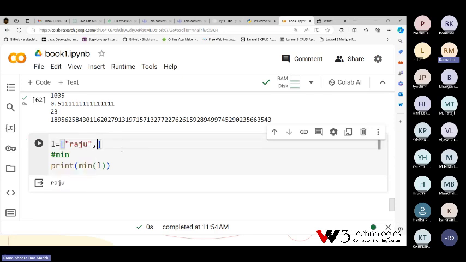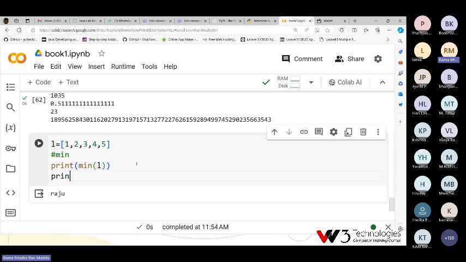If I give Raju, comma, Rama, it will print the minimum value. So it will give some values to the alphabets and calculate, and the minimum value it will print. Similar type is required, we cannot give mixed types. Here we will follow integers, either strings or decimals. Any one type we need to give, then only these min and max functions will work. And max of